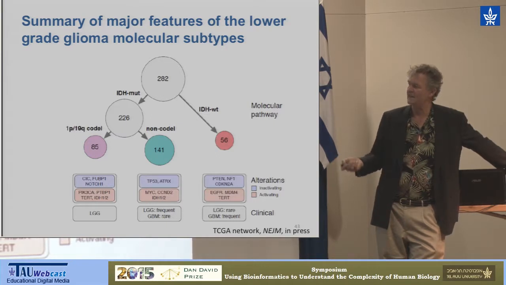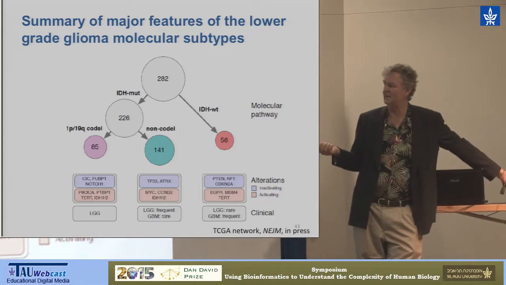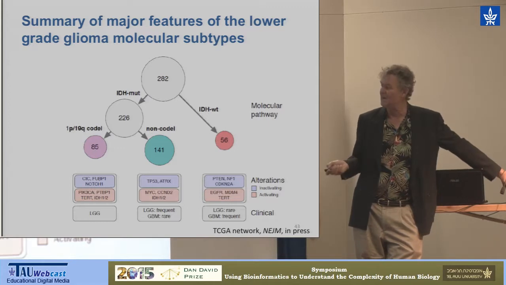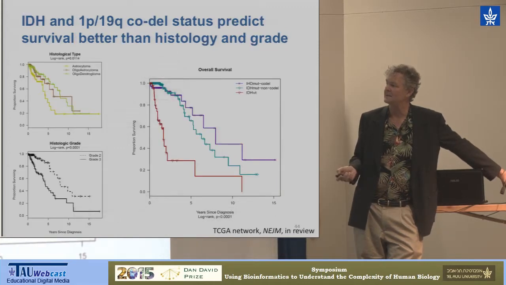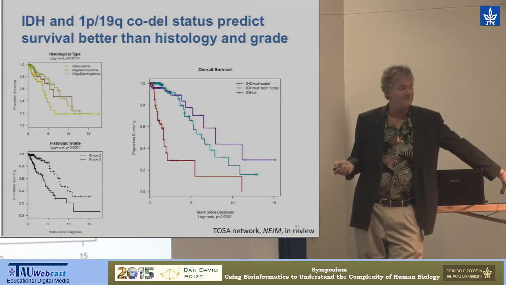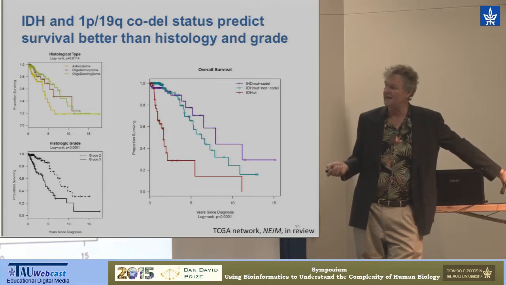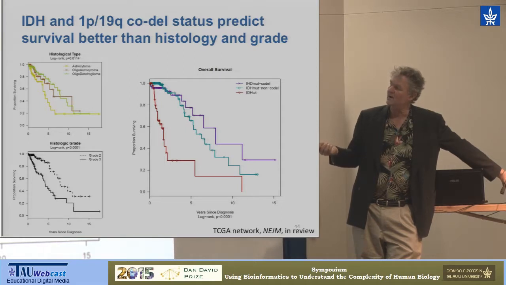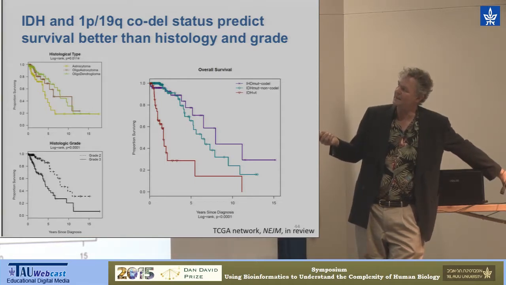And so out of this analysis, and we actually did this independent clustering based on 3 or 4 different data sets, it always came up with these 3 molecular classes. So these are quite robust molecular classes. Now, it makes sense that these might be better prognostic classes. So we also have data that says how long the patient survived in terms of years. And if you use the normal histology, so this is histology type, astro, oligo, and so forth, and this is histology grade, grade 2, grade 3,